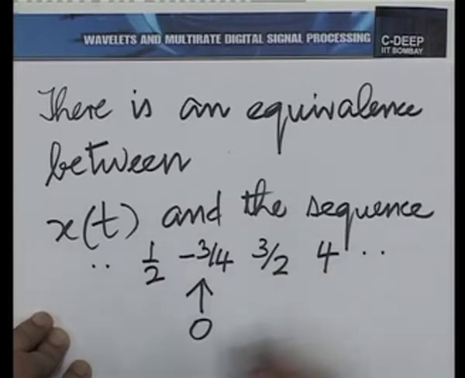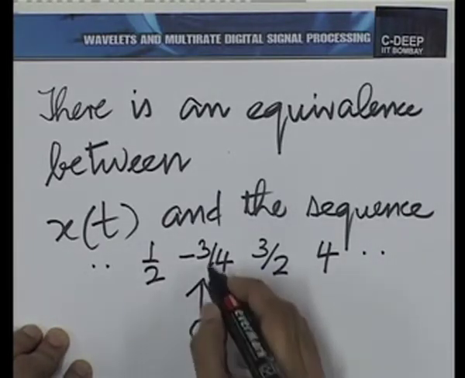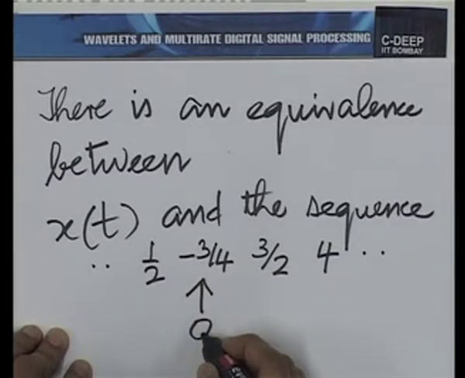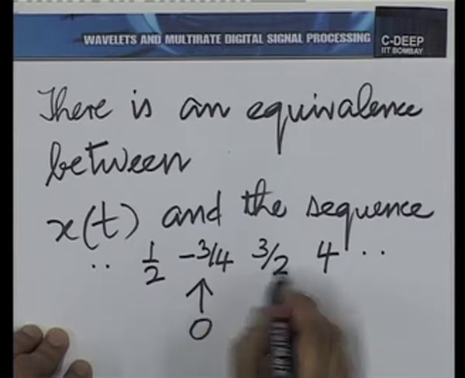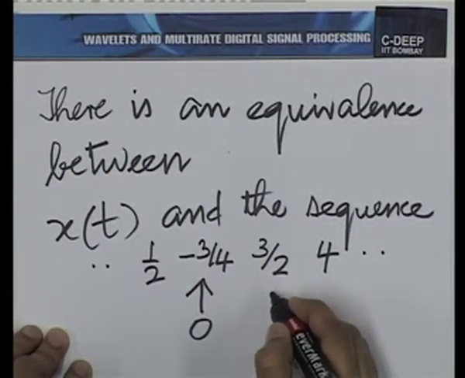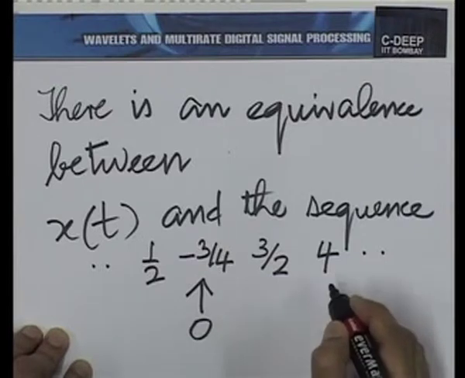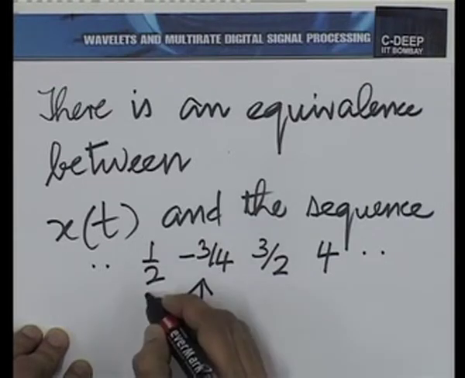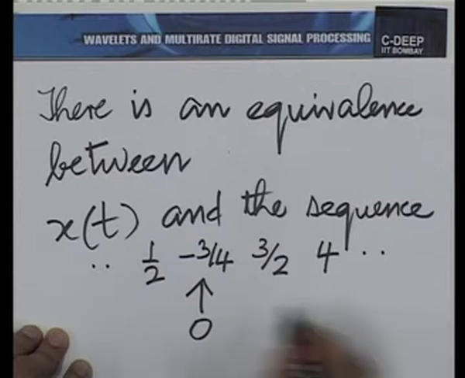So, when we write a sequence in this notation, what we mean is that this is the sample at n equal to 0, and then the other samples are arranged in the right order. So, for example, this is the sample at n equal to 1, the sample at n equal to 2, the sample at n equal to minus 1 and so on in the correct order around the sample that we have